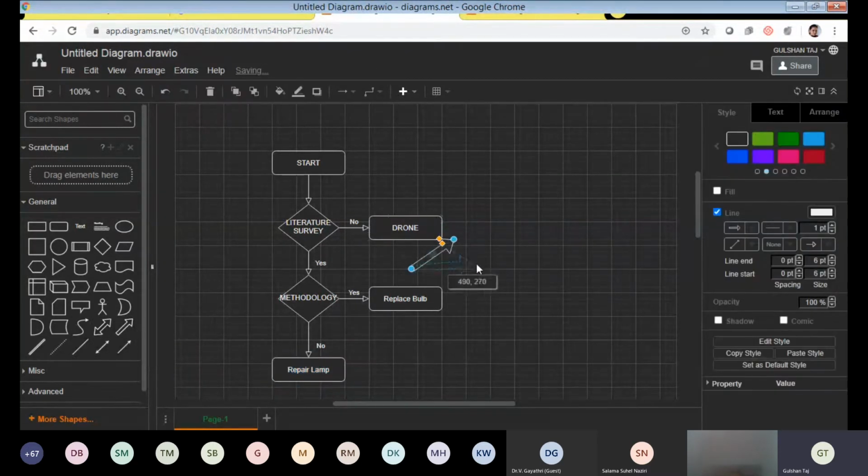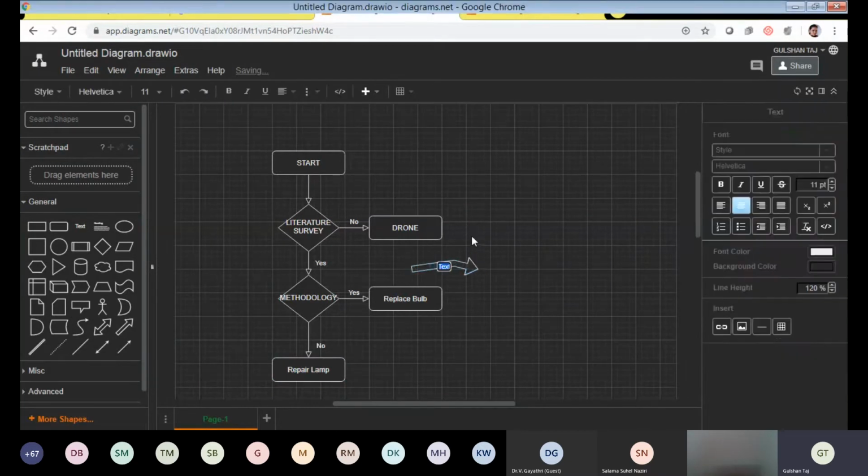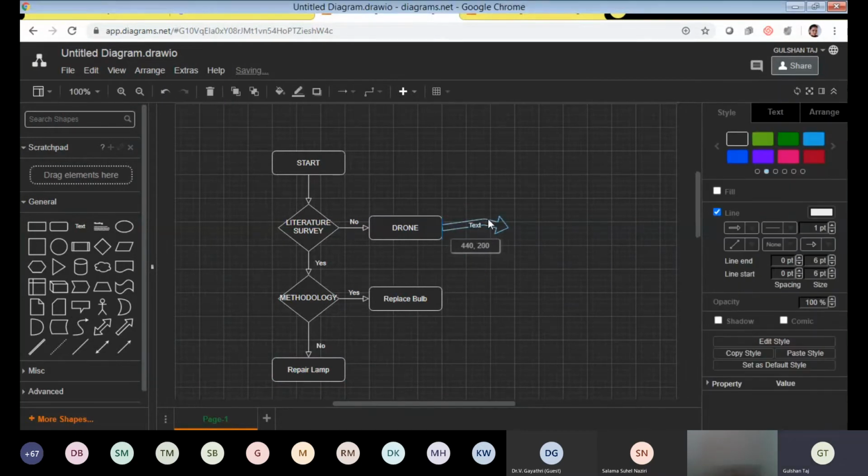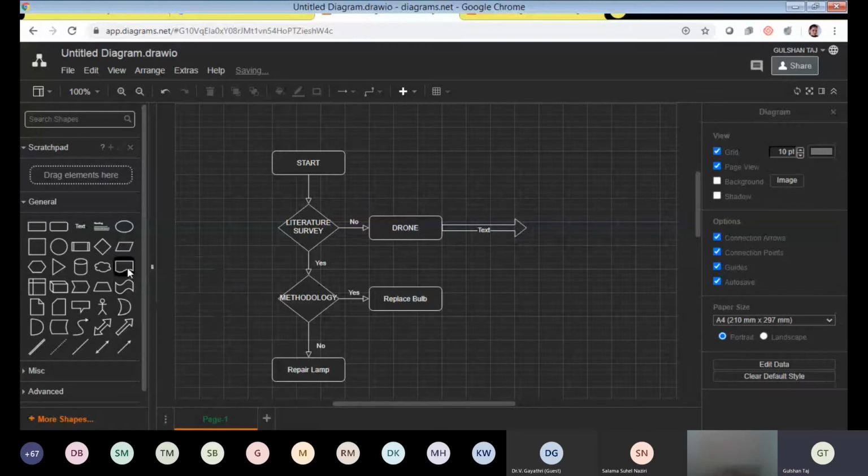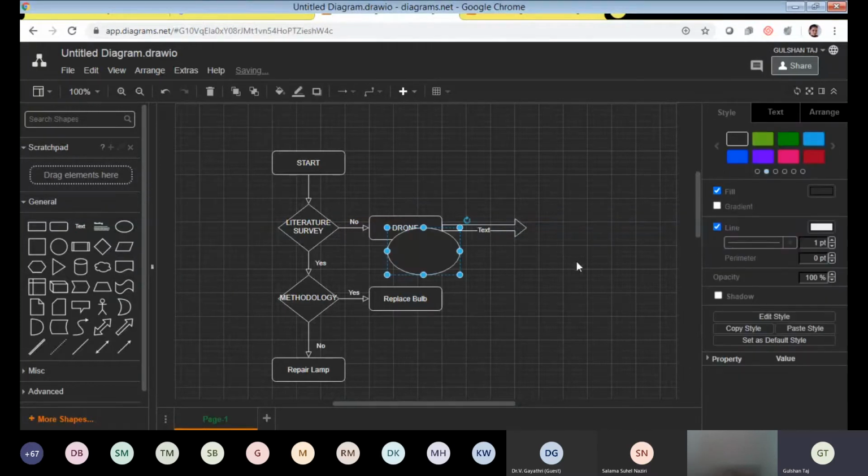So keep this arrow mark. How you do it in Word and PPT, no? You can drag, and I want to keep some other circle here. So I'm dragging. I can make the size bigger or smaller as per your wish.